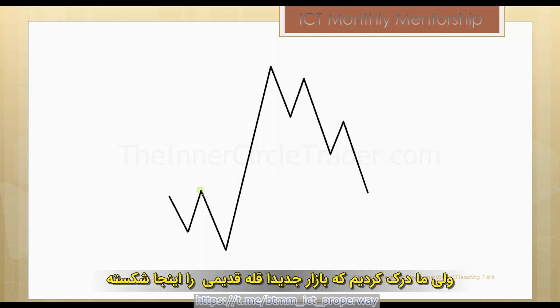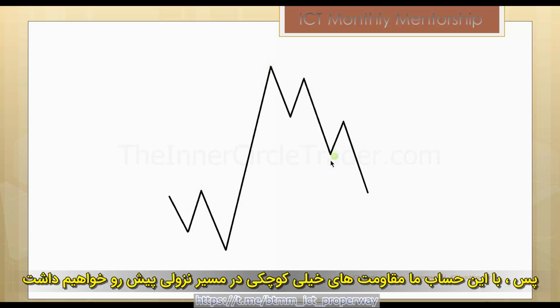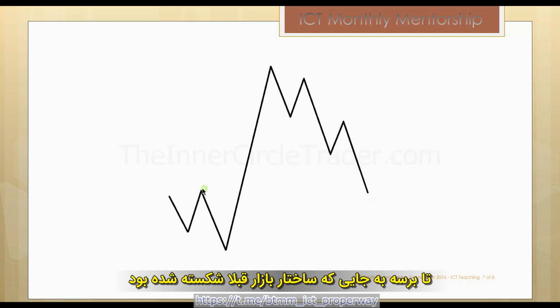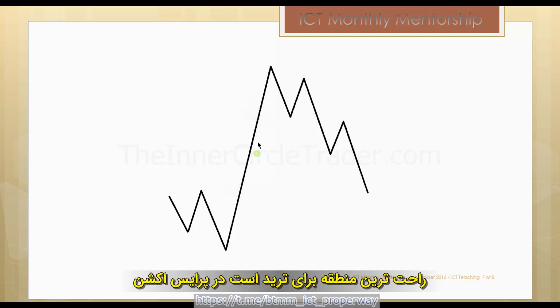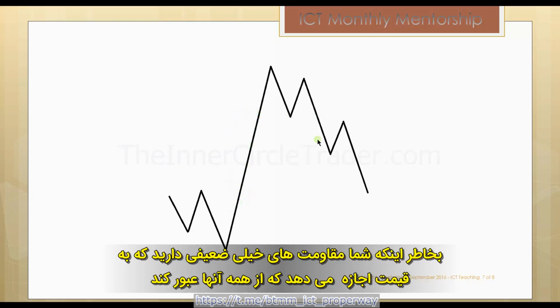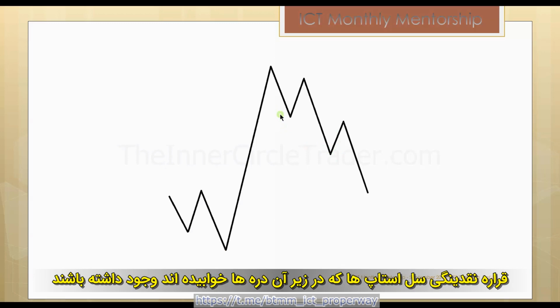But we understand that the market has broken an old high here and had real quick sudden price action, very little retracements. So we have very little resistance on the downside getting back to that point at which market structure broke. So between this point here and where the market breaks down this low here, this is the easiest area to trade in price action because you have very little resistance, allowing price to just cut through all that. But you're waiting for a short-term low to form, and every time a short-term low forms, there's going to be sell stop liquidity resting below those lows.